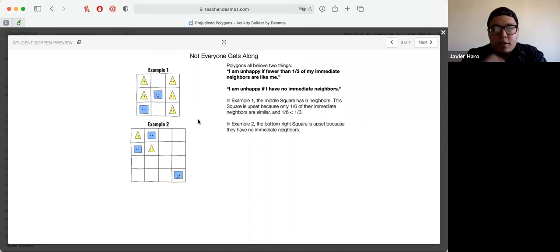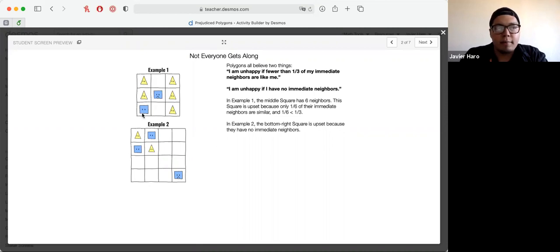So the two important things about polygons is that they are unhappy if fewer than 1/3 of their immediate neighbors are like themselves. Okay, and they can also be unhappy if they have no neighbors. Okay, so in this first example that we see right here, the middle one is unhappy because if we take a look,